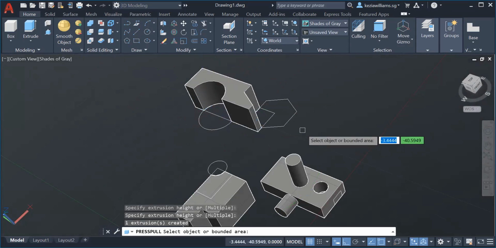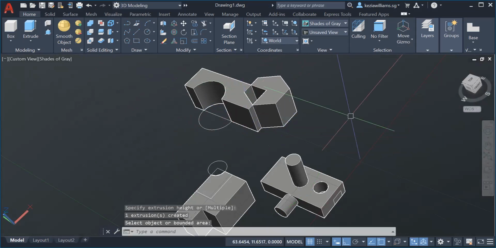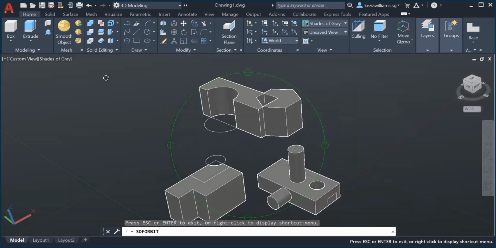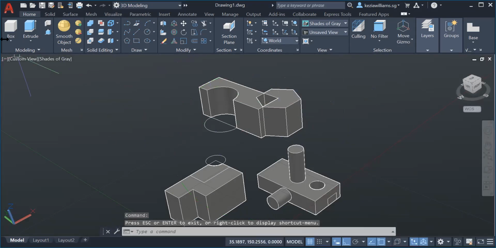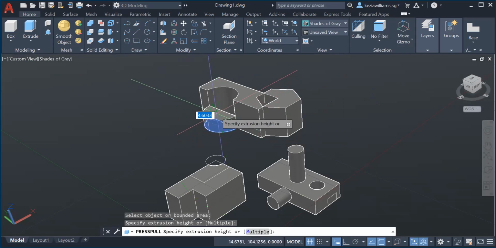If you select this one, only this is selected. And if you select this one, only this outside is selected.